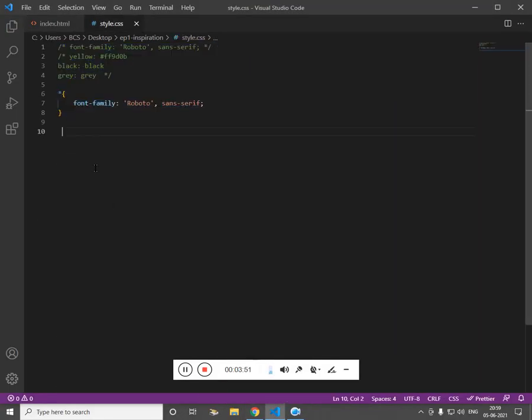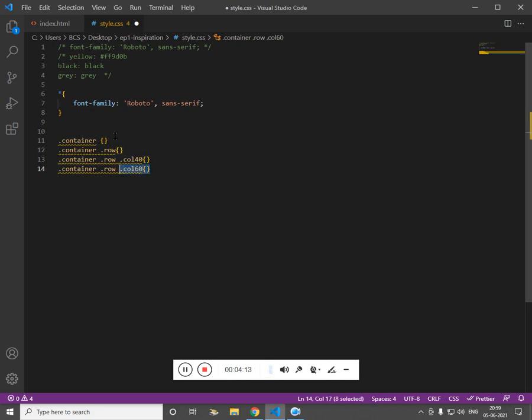Fine. Now let's style it. We have container. Inside container we have row. Inside row we have col 40, and then col 60.